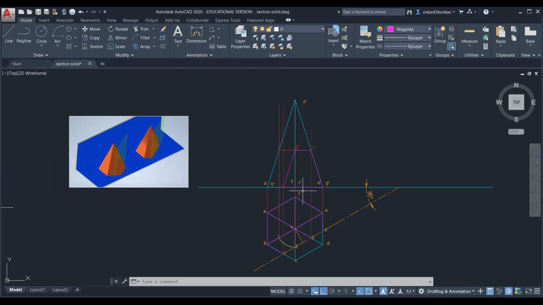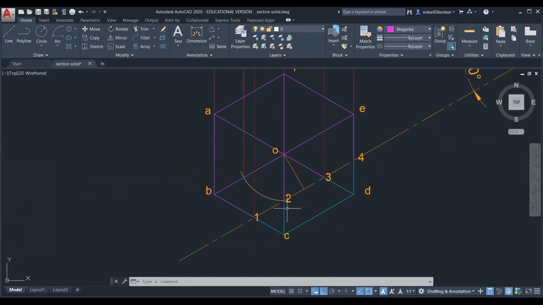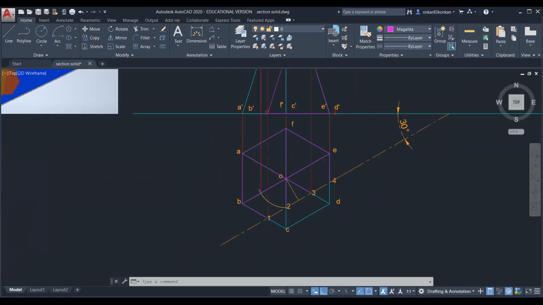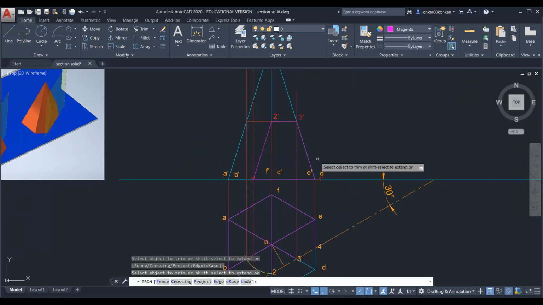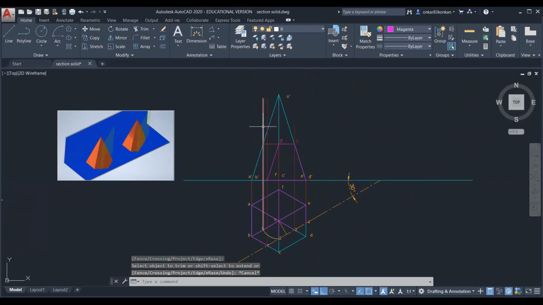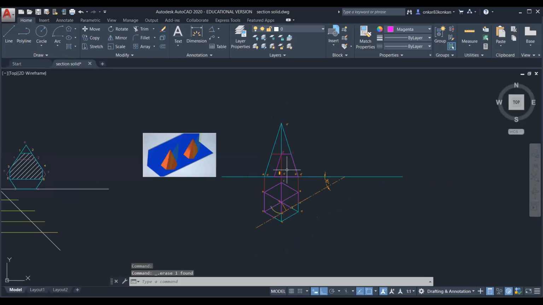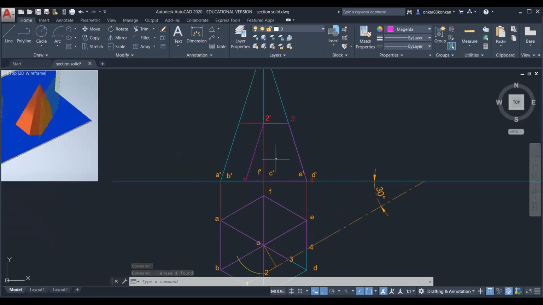So this portion 2 dash C dash, it is removed because of section plane. So you can observe in the top view. So on the right side of this section line, everything is removed. So we should remove this 2C. So here I will just trim that portion 2 dash C dash. Now we can show this portion by hatching line.